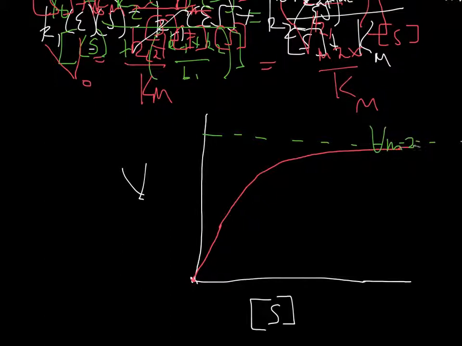So that's Vmax. We also know, let me change colors here, that the slope of the initial, the slope, mathematically speaking, is called the slope of the tangent as it approaches 0. But if you just want to look at it right here, this right here, as it goes up, that line,